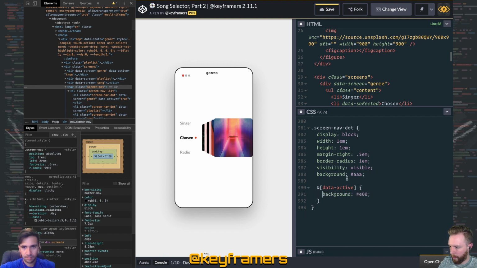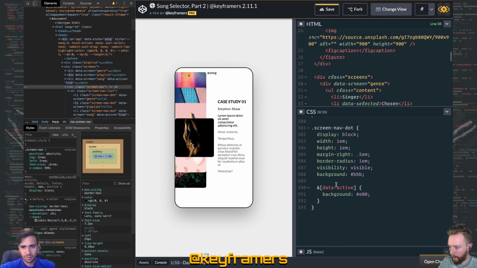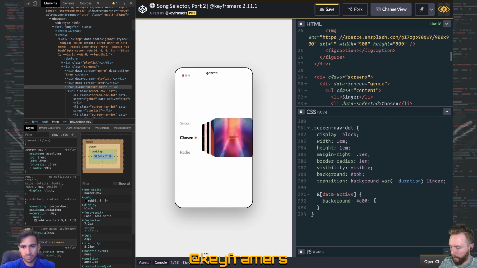Something like that. Oh, nice. And we'll just transition. Background var duration here. Just for fun there. And then, yeah, that